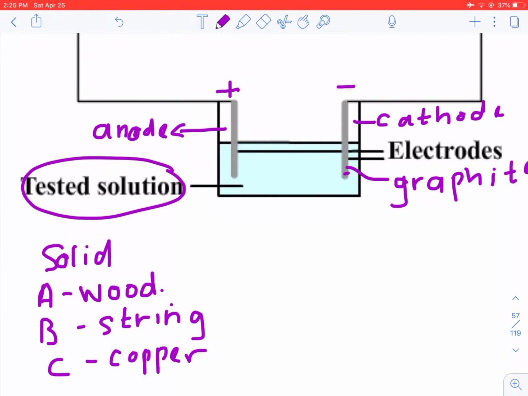Now let's assume that we do not have the beaker there and there's no solution in the beaker. If I connect a piece of wood from the anode to the cathode,